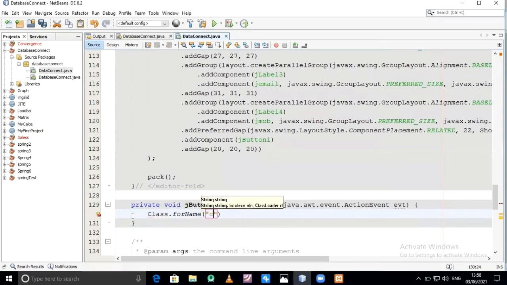We require the string for the connection, com.mysql.jdbc.Driver. So this is the JDBC driver. By using this command, the JDBC driver is loaded, surrounded with try and catch.